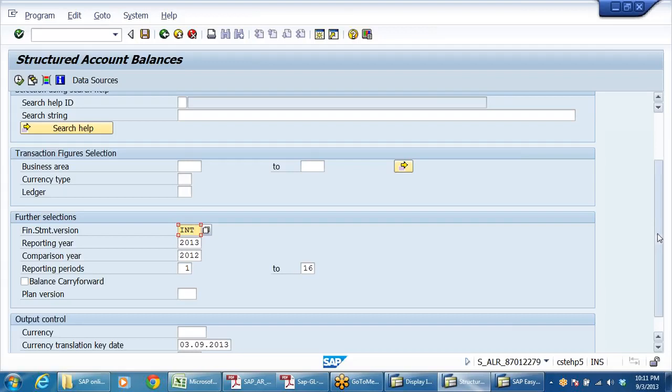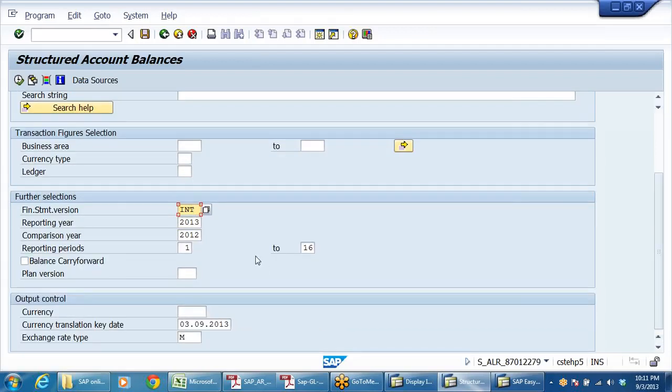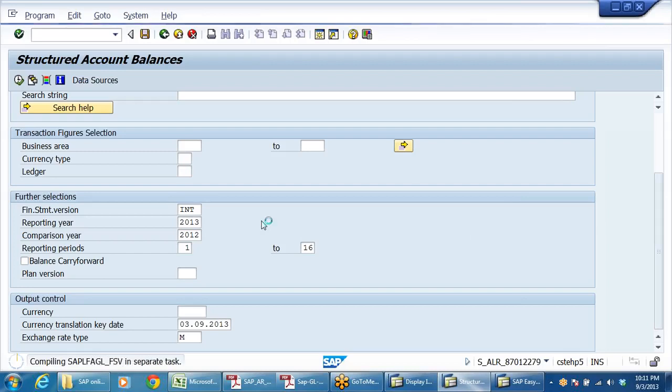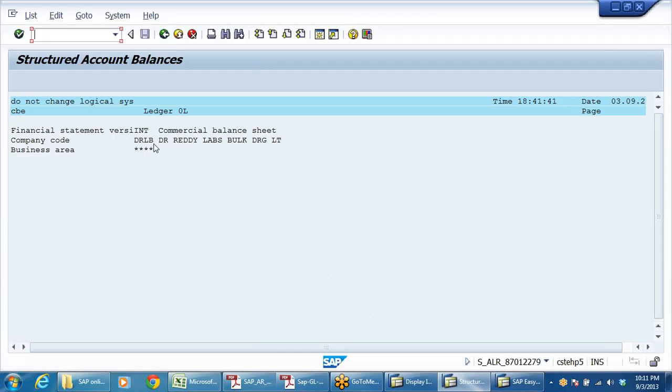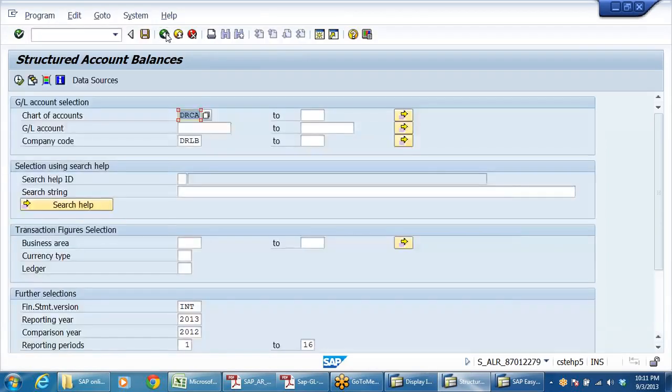Right. So we have to get the new reports developed by the ABAP consultant. But the ABAP consultants don't know our financial accounting entries, etc. So that's why what we need to do is, the FI consultant has to sit with the ABAP consultants to decide from which tables we have to draw the information, because the total SAP data is going to be stored in the tables.